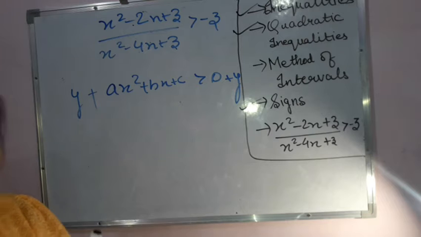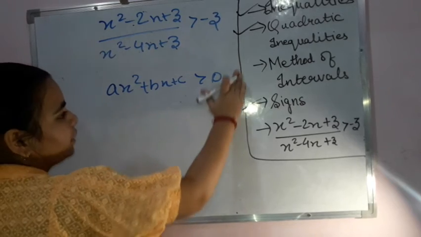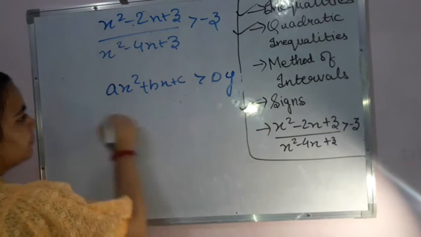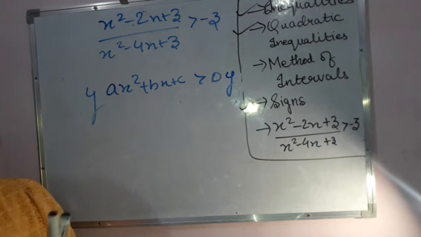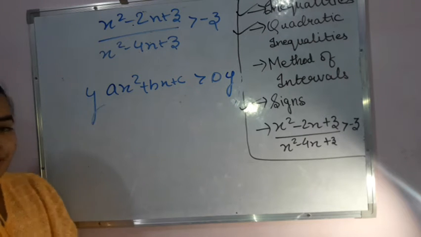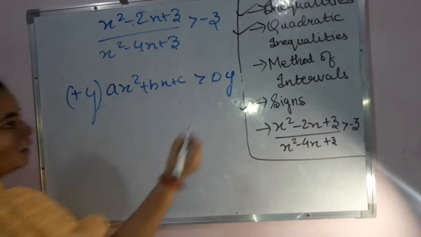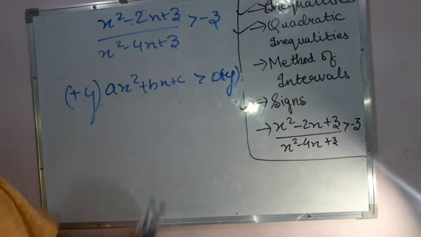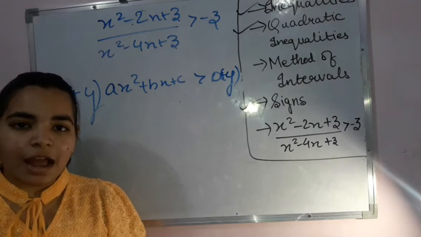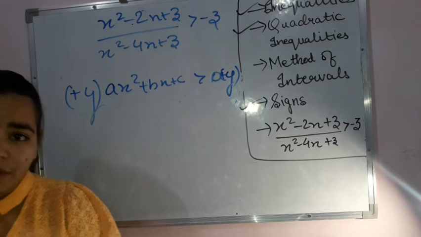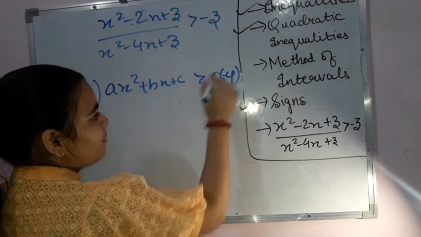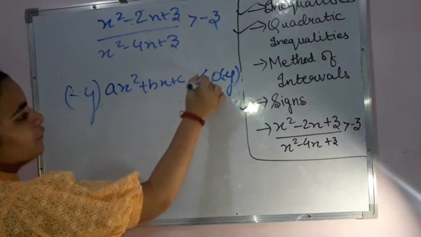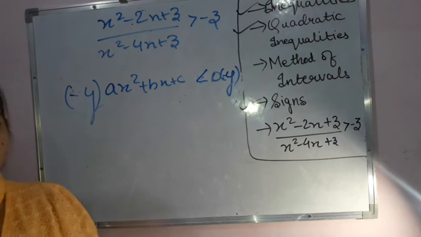When I multiply or divide the entire inequality by a certain number, say y, then in that case also my sign of inequality will remain the same, when I am multiplying or dividing with a positive term. Please remember this is positive, plus y. This side also it is plus y. Then my sign of inequality will remain the same. But if I multiply or divide by anything of negative sign, that means if it was minus y and over here also it was minus y, then the sign of inequality will reverse, or become just the opposite of what it was.